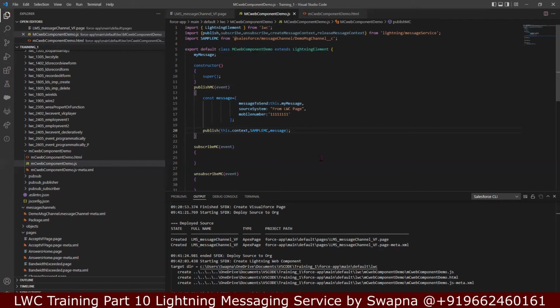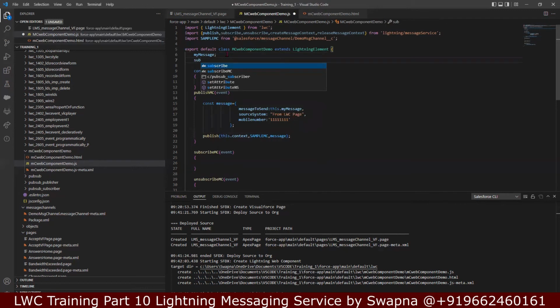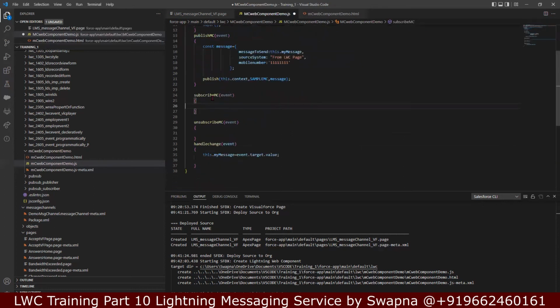Now in the subscription, I need a variable for the subscription. So I simply declare a variable subscription equal to null, because I need to check whether that value is there or not in the subscribe and unsubscribe. So first we'll see the subscribe. In subscribe, if this.subscription has a value, simply go ahead and come out of this. I do not want to do anything. In case there is no value, then what I can do,